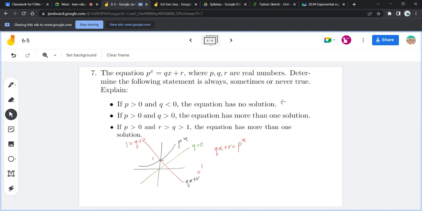So actually, the equation has no solution. It is never true, because if we have one line in this form,